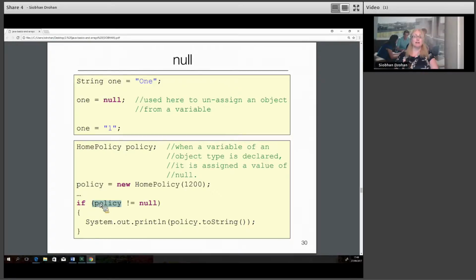And I can do checks like if policy is not equal to null, then print it out. System.out.println, print out your policy. If I didn't do this check, this is why it's a $1 billion mistake. If I didn't do this check, and we'll be covering that as well later on, so this is kind of an overview of where we're taking the module. So if I didn't put this check in here and I tried